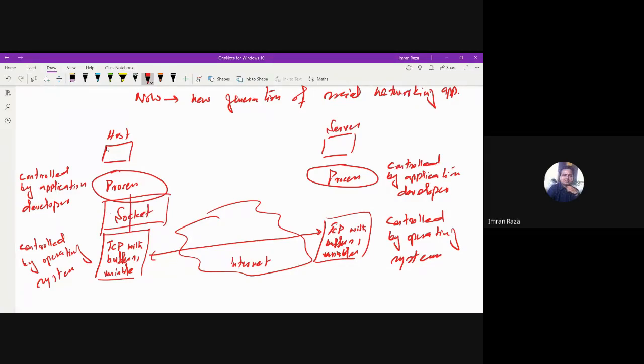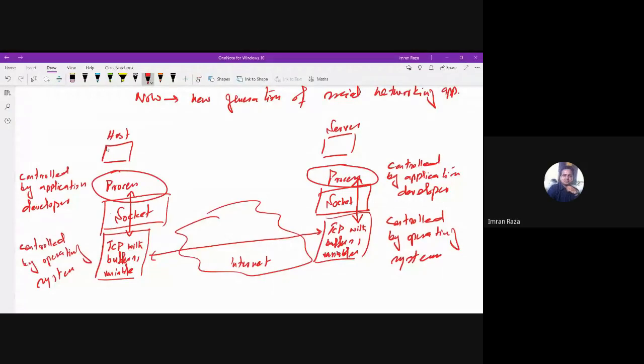So this process sends or receives messages through this door between the process and the transport layer. And we call it a socket. Similarly, the server sends or receives messages to and from the network using this socket.